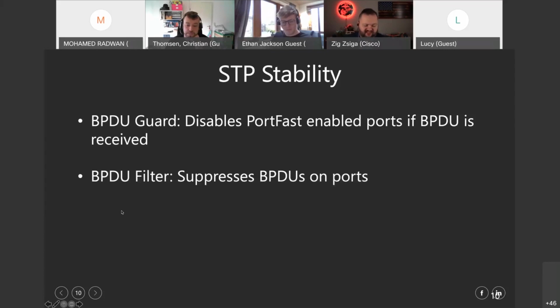Now, BPDU filter, this is another option, suppresses all BPDUs on ports. So BPDU guard only actually does anything when it receives a BPDU on a port, right? So it has to receive a BPDU, whereas BPDU filter actually does receiving and sending of BPDUs. So it's kind of a demarcation option, which is actually the use case that I've used it for before. If you have different STP environments and you don't want to send or receive BPDUs between them,